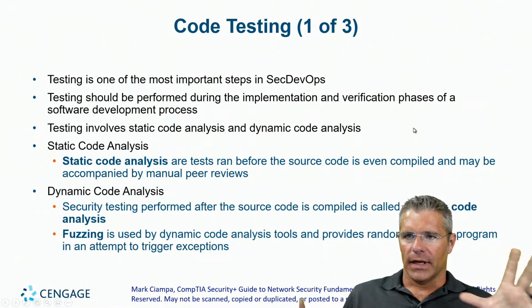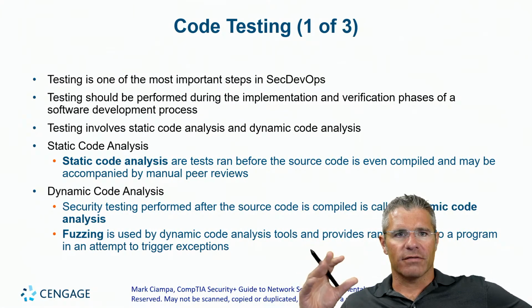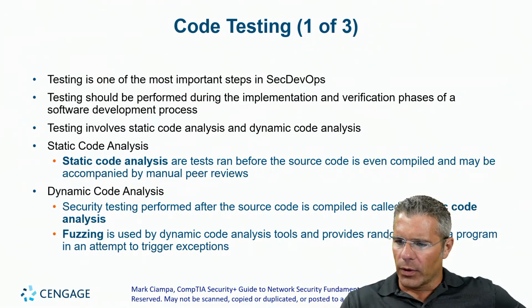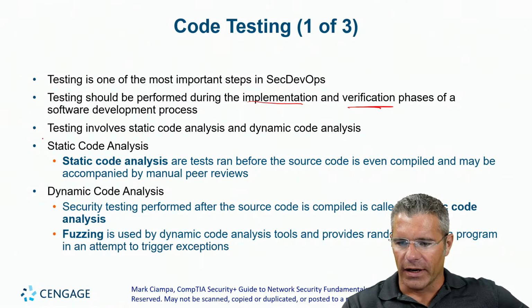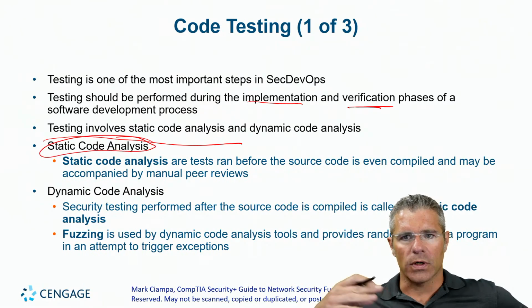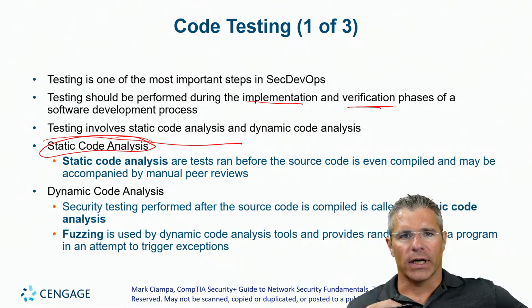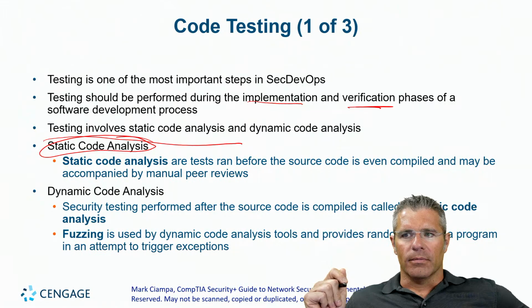It's definitely going to include testing of one sort or another. There's a bunch of different flavors of testing. Ideally, when we're implementing and verifying our software, these things will happen. We will have some testing that looks at the static code, so code not running, right? Just reading the source code and looking at what's going on there, and then finding common mistakes.